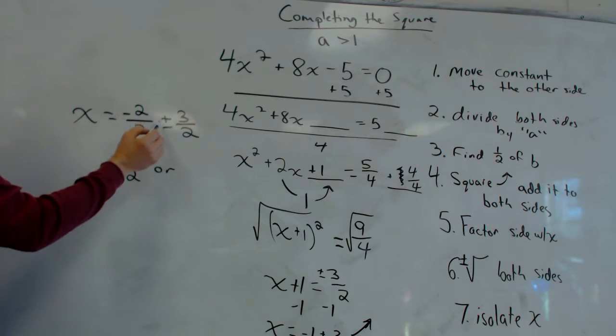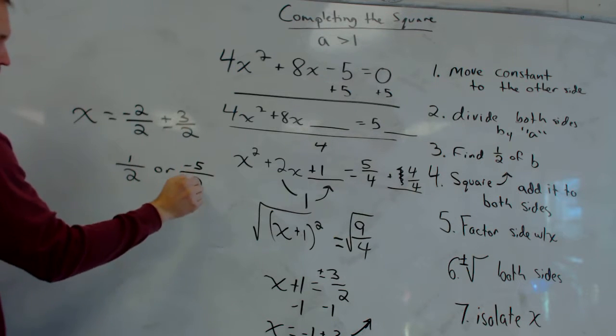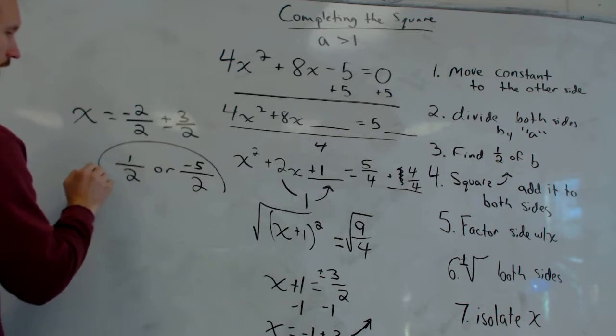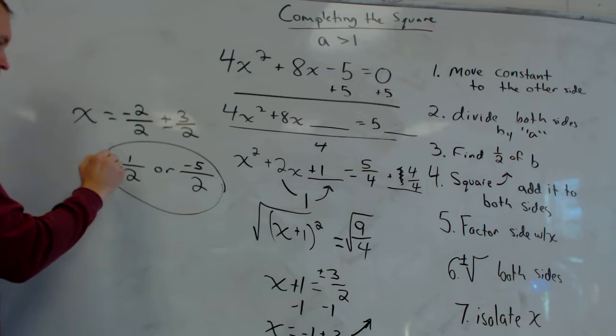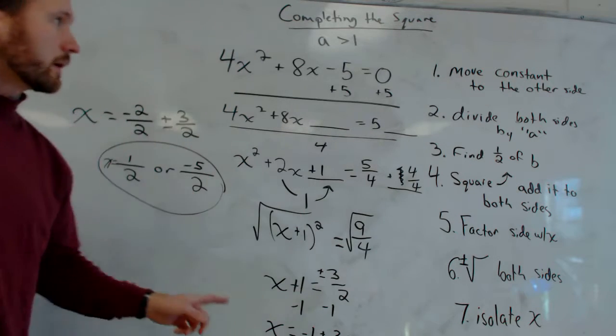What's negative 2 minus 3? Negative 5. Negative 5 over 2. Negative 5 halves. So x equals negative 5 halves. Now,